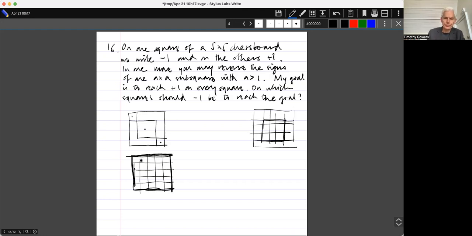So what happens if I do 4, then I'm left with a 1 over there, but I'm not allowed 1 by 1 squares. So let's try a 3.